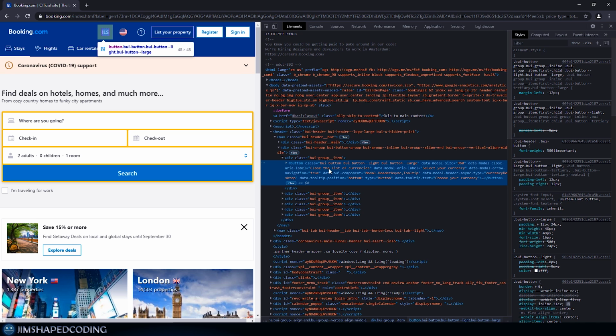Now the attribute of ID is actually the most unique attribute that an HTML element could have, but not always are we going to have an ID for HTML elements, so that's why we need to figure out other approaches to find that element. In our case, maybe you could have thought to find this element with the class equal to BUI button, but actually this might not be the smartest way to do that, because there might